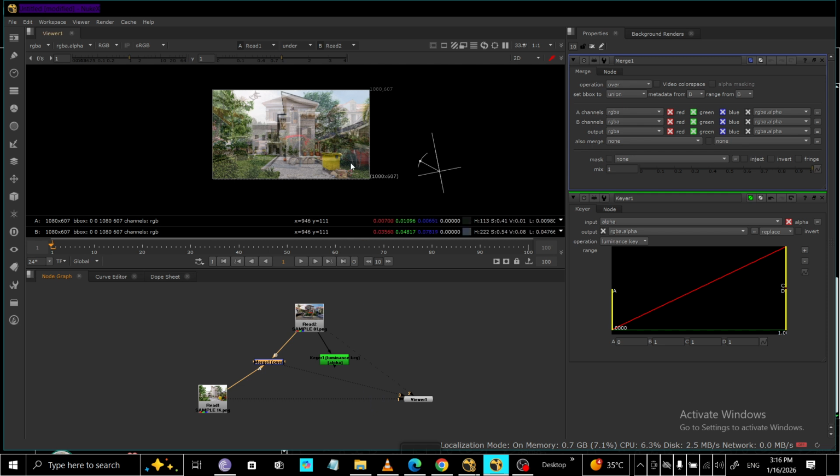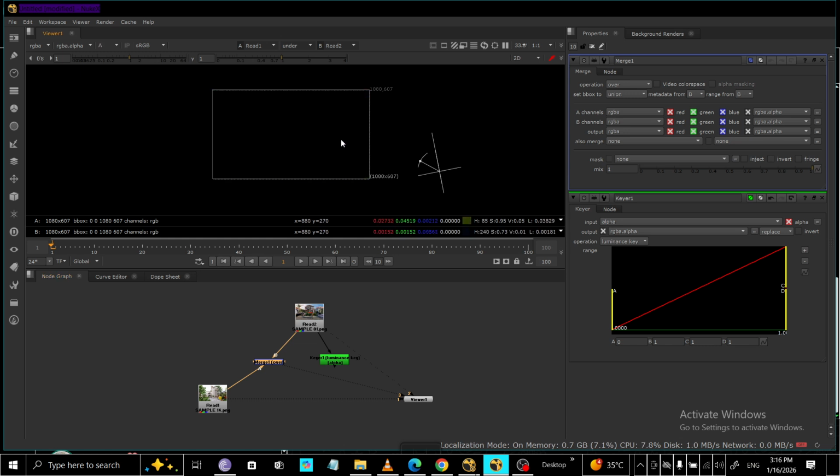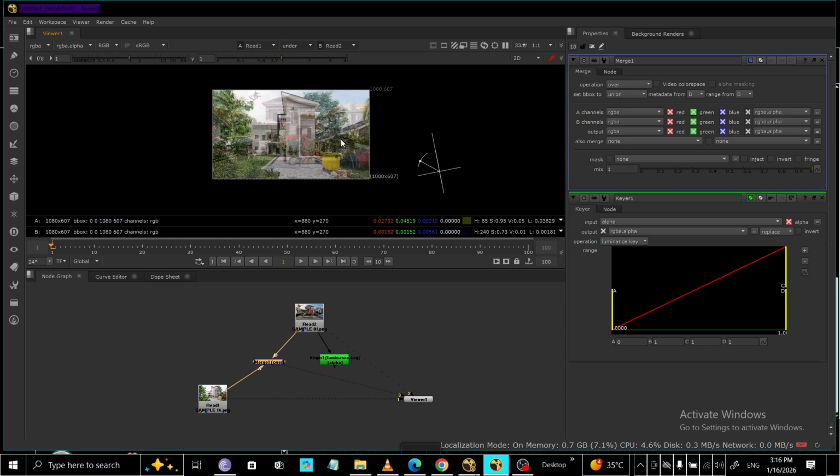Finally, preview the result in your viewer. Pipe the merge output to the viewer, zoom in on edges, and play through to check motion. Look for clean composites, consistent edges, and smooth transparency. If everything looks right, you've completed a solid A over B composite using